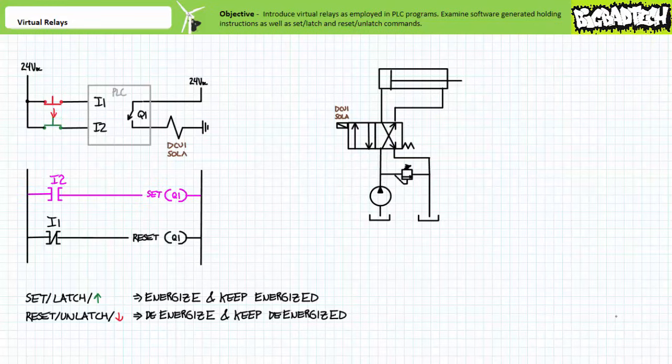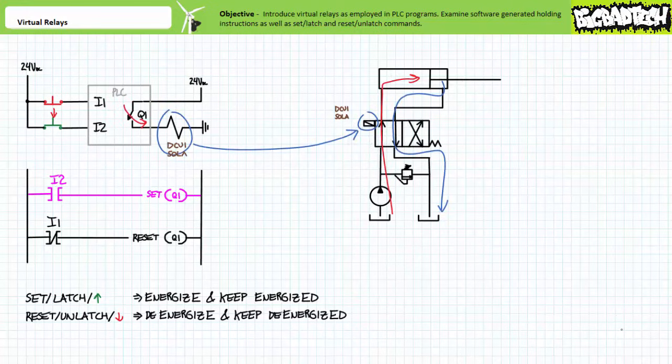When an operator presses the green push button, the make instruction examining I2 now permits logical continuity onto the set or latch instruction of Q1. Output Q1 is energized. The valve shifts into the straight-through position and the cylinder extends. Given output Q1 has been energized via the set instruction rather than normal output enable instruction, it will remain energized until instructed otherwise. If an operator releases the green push button, the make instruction examining I2 no longer permits logical